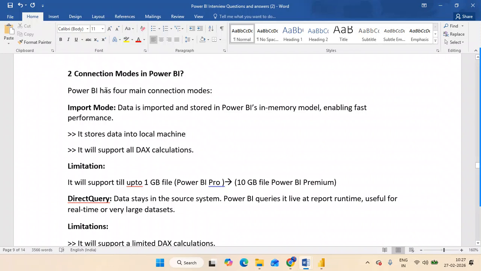In that way you have to explain. What are the points you have to say? It is much faster when compared to DirectQuery in case of performance issues, and it will support all the DAX calculations. Those things you have to keep in mind.